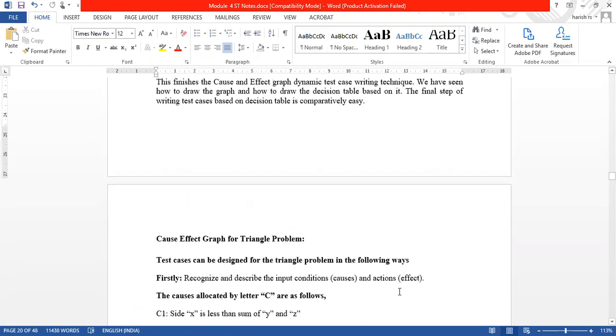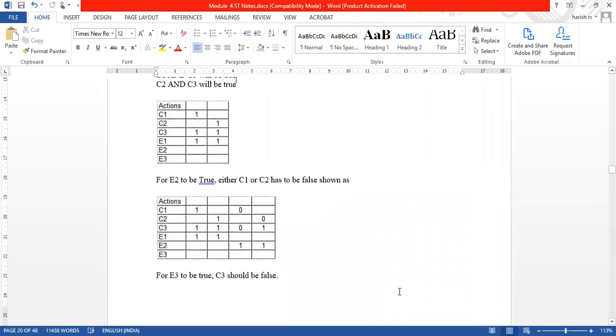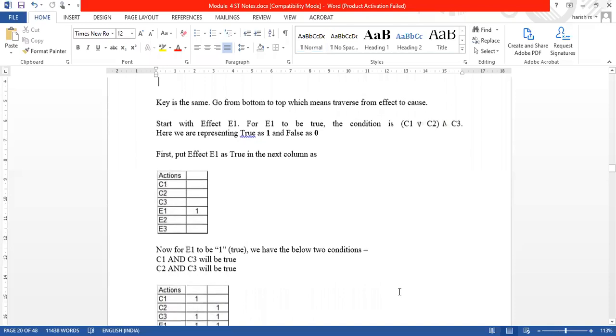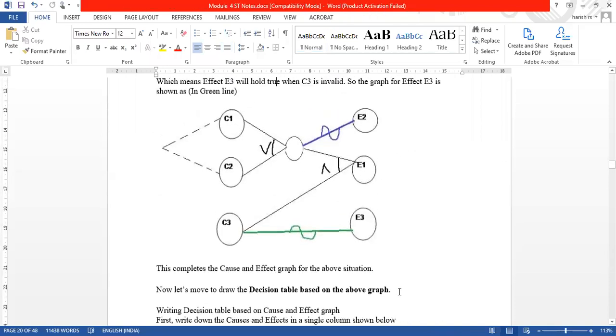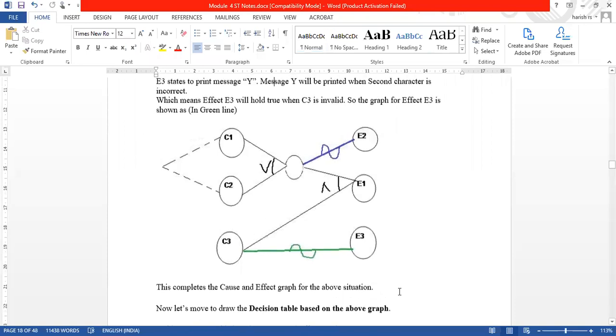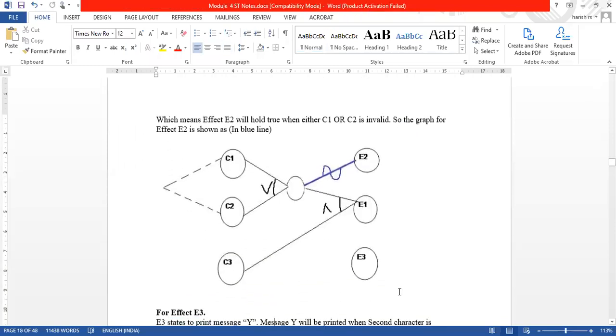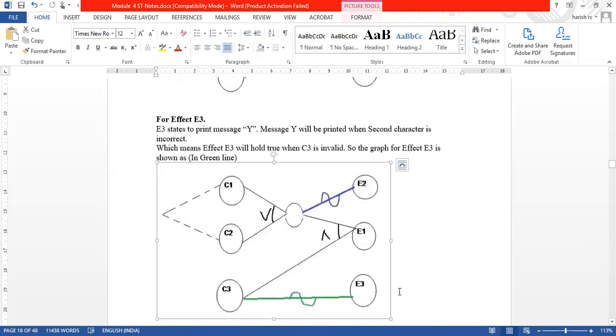Another example we'll see in the afternoon class. I want you people to understand this and work it out and show me now. Whoever shows me will get attendance now. So start analyzing it. I will ask you for the explanation of what this diagram is talking about. How do you represent OR? How do you represent NOT? How do you represent OR? I will give you a different case. I want you to draw the cause diagram and effect, and show me.